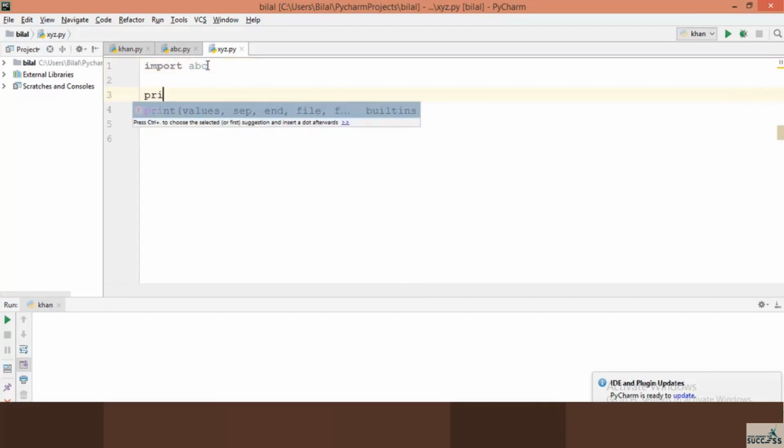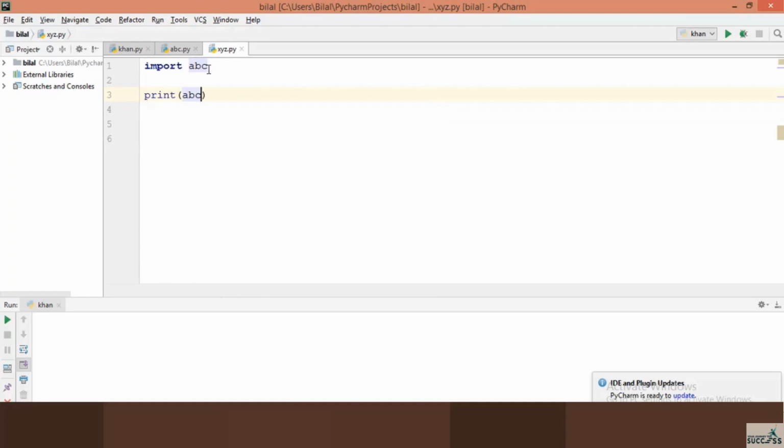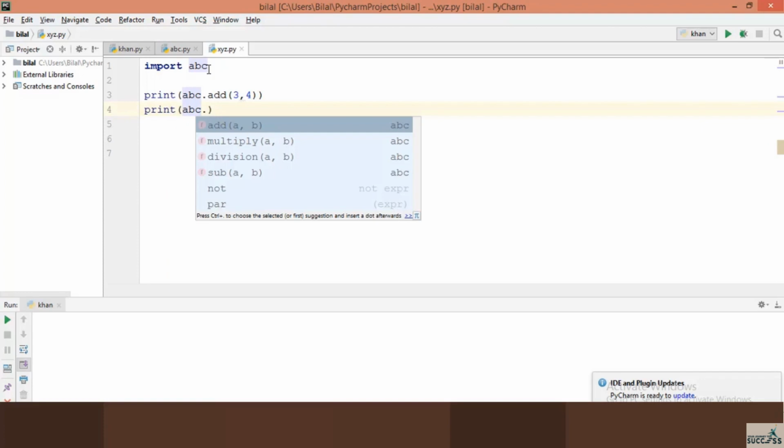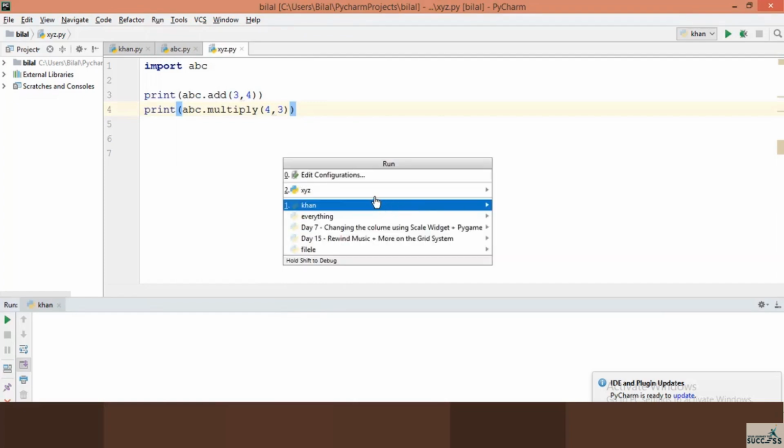So I can now say print abc, which is the module that I've imported, and then I can call the add function, and let's say that it will be 3 and 4. Now I'm going to use one more function from the imported module, and it will be, let's say, multiply, and it's 4 and 3. So now when I run this xyz module, so run, and it is xyz,